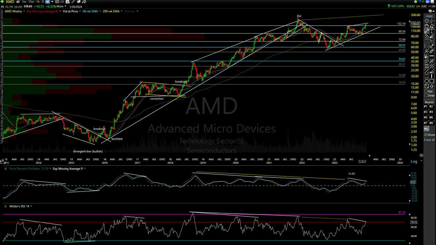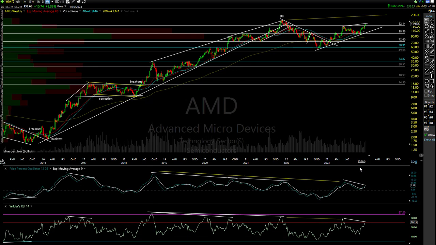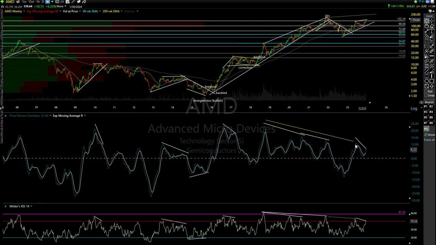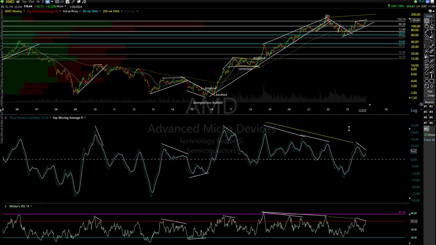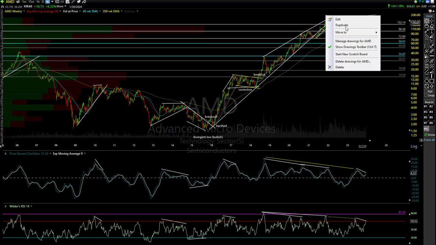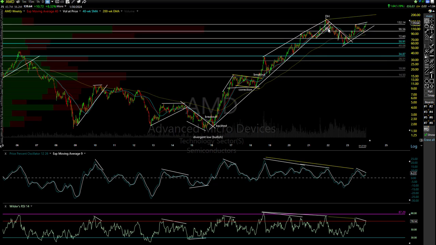But what I can tell you is that divergence, it's really what I call potential, because you have the PPO, in my opinion, in my book, it needs to curl back down. You need to get a bearish crossover like that puts in a lower high, because this is a momentum indicator. And right now that momentum is pointing up. So we need to see a reversal here before we take out that previous high. But it's what I call potential divergence, and it is. So I'm going to just mark it as a divergent high.